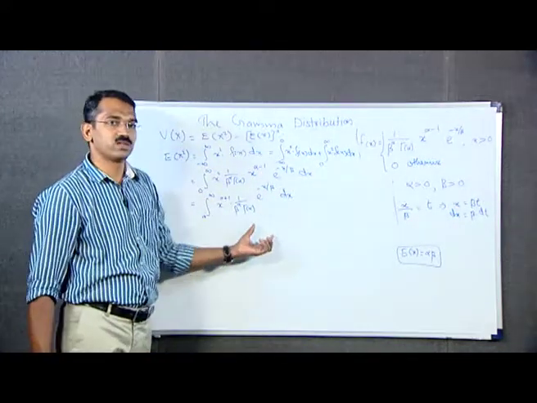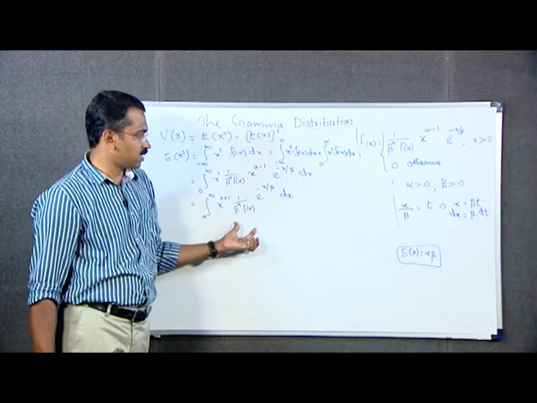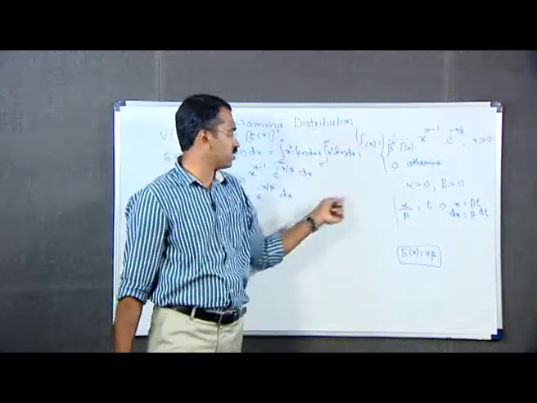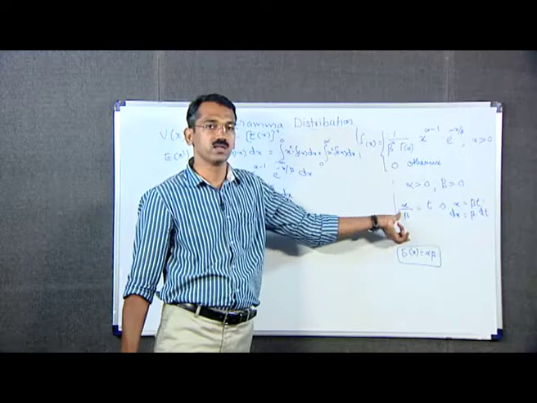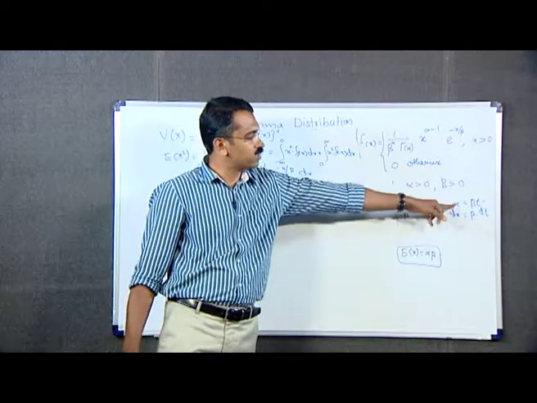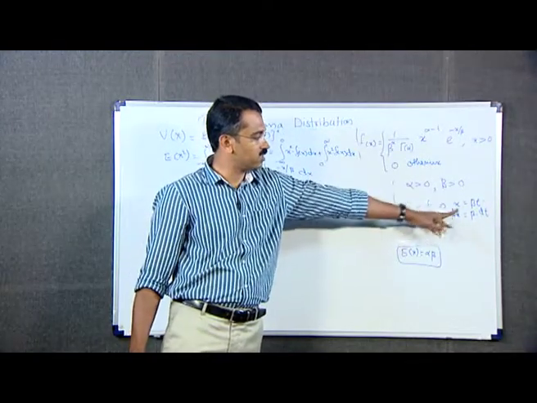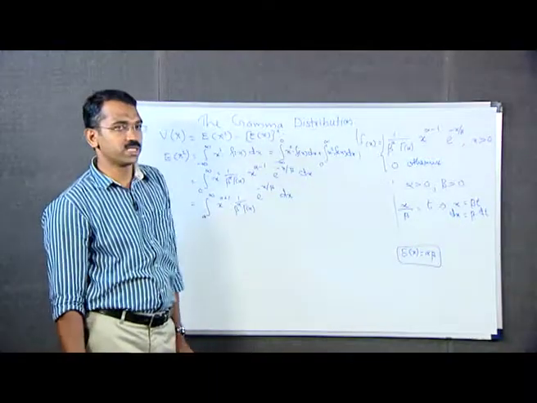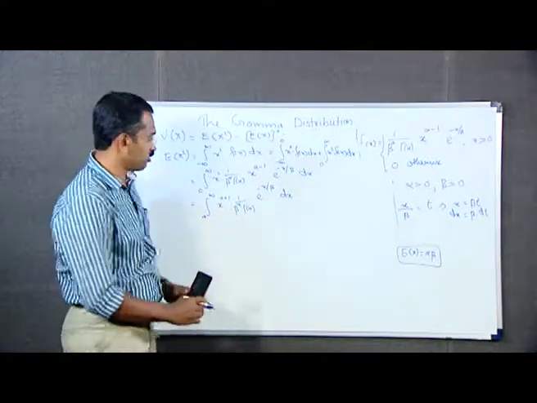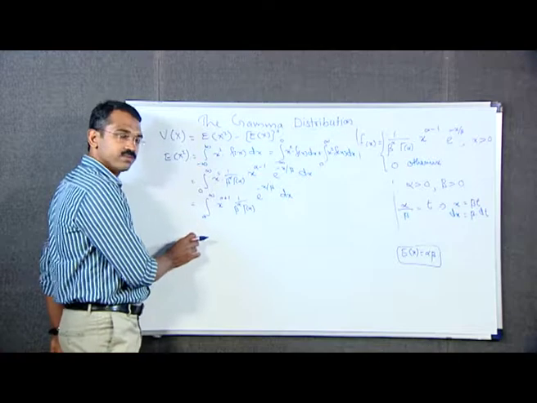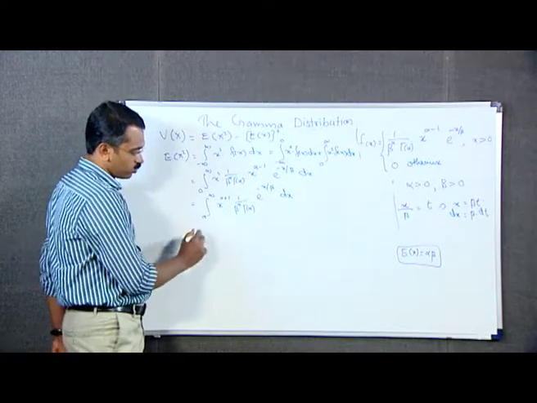In order to evaluate this integral, as in the previous case, we use the substitution x by beta is equal to t, so that x is equal to beta into t and dx is equal to beta into dt. The limits of integration remain the same. This is equal to